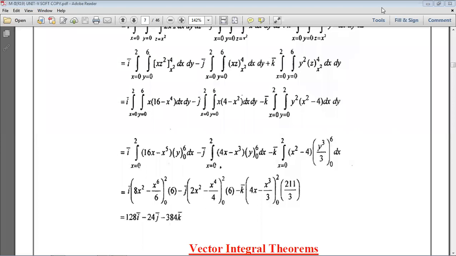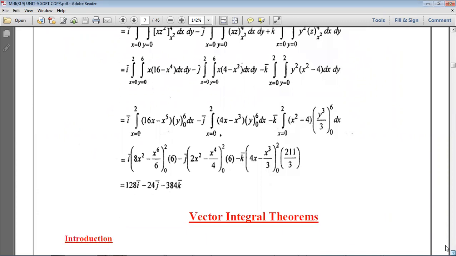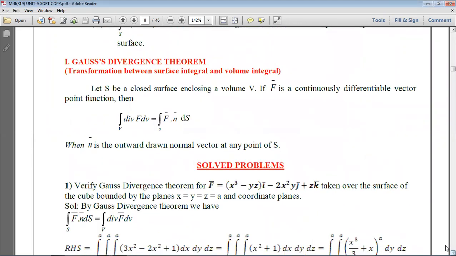So this is about the volume integral. Now you see the vector integral theorems. In that we have a total of three theorems. So already we completed